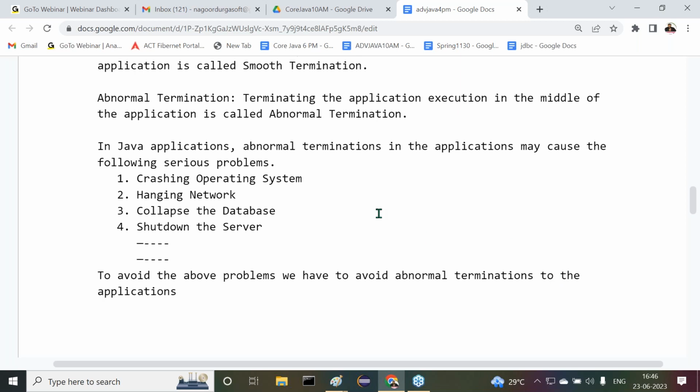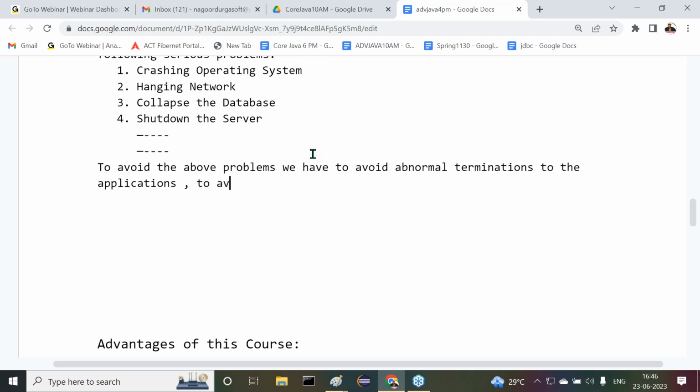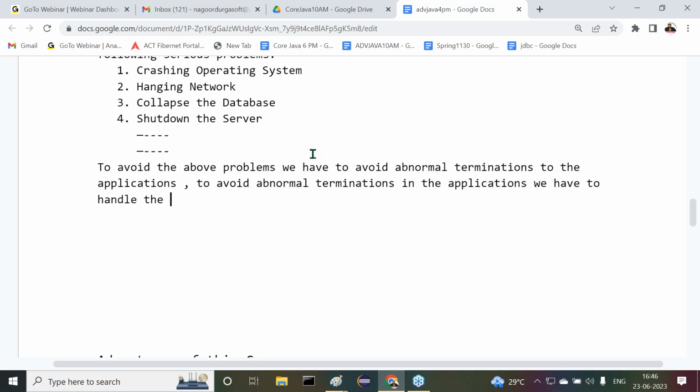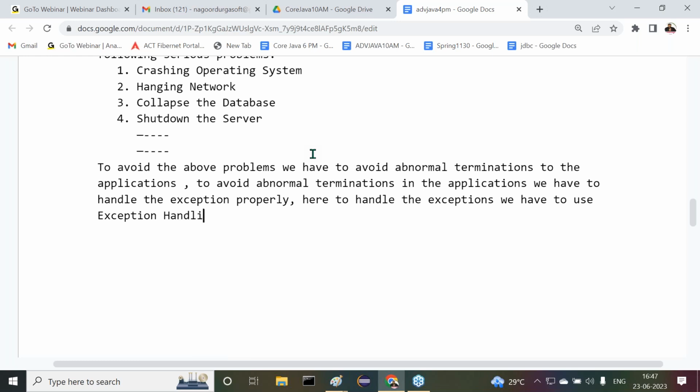To avoid abnormal terminations in the applications, we have to handle the exceptions properly. To handle the exceptions, we have to use exception handling, or exception handling mechanisms. That's the point I'm telling to you. That's okay, fine.